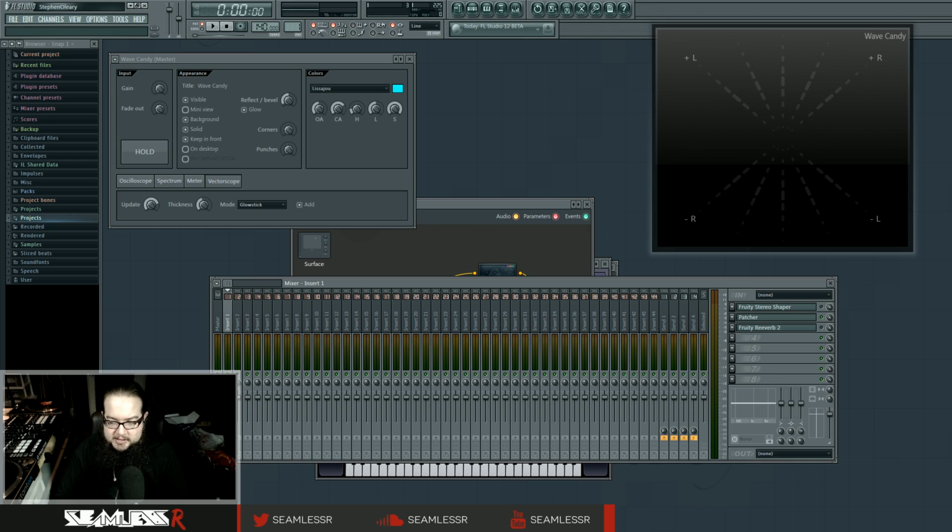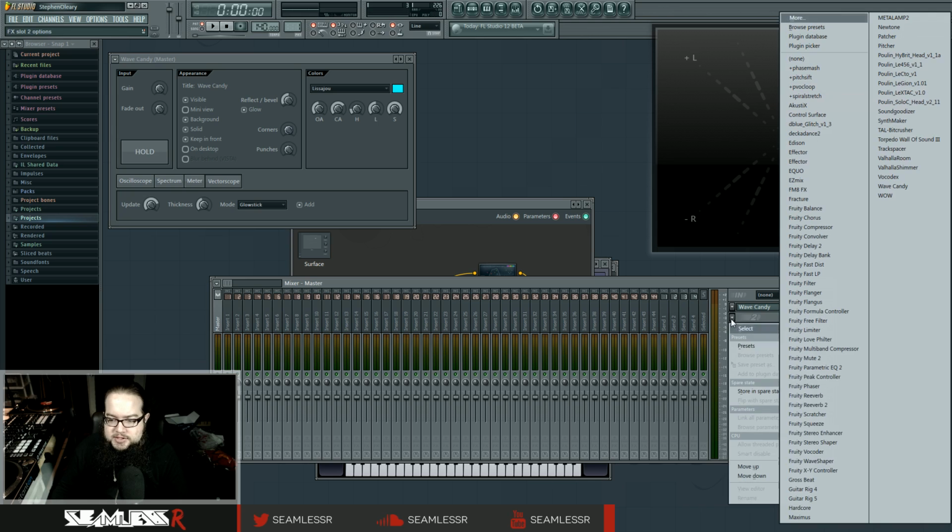So as far as mixing and mastering and for stereo and mono, one thing that pops up a lot is the idea that you want to keep certain frequencies below a certain point mono, or at least less stereo. There's a lot of ways to go about doing that. The way that I particularly prefer is to utilize Maximus,